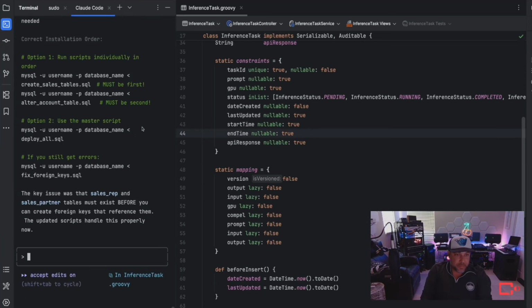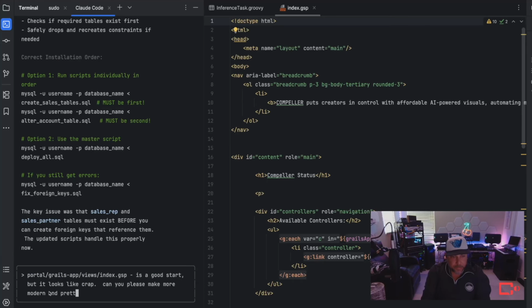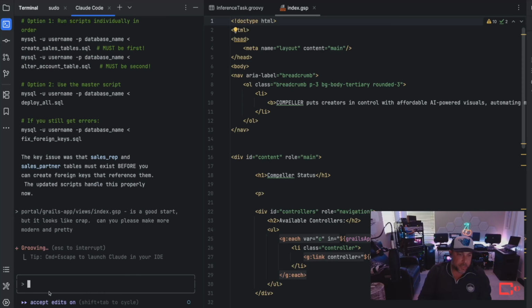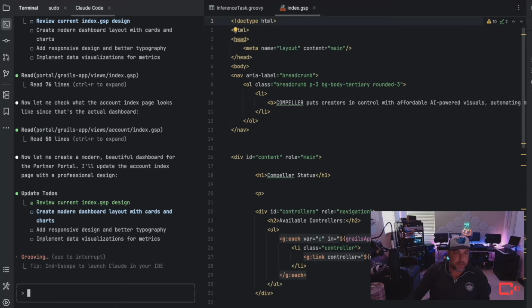And now we have a clean slate to work with our LLM. I mean, this is literally how you can chat with this stuff. Let's see what it does. It creates a modern dashboard with cards and charts. Cool. Responsive design, better visualization for metrics. That's great. I mean, how much time I've spent sitting in conference rooms talking about this sort of thing, to go through some Scrum process, to go through all the QA and everything. I mean, really,